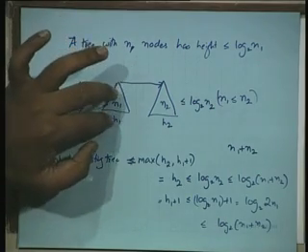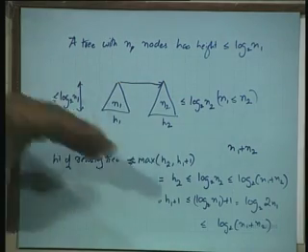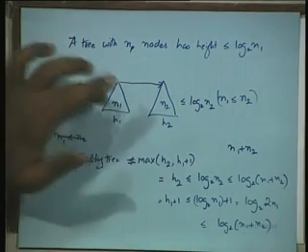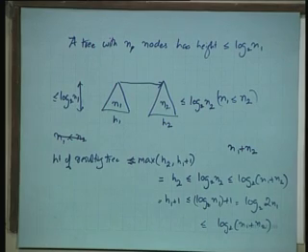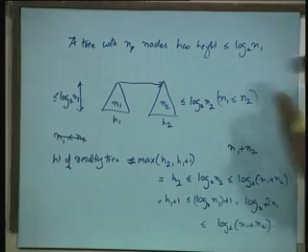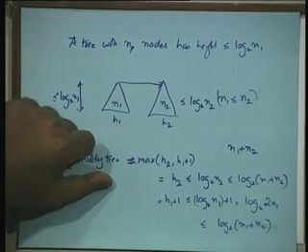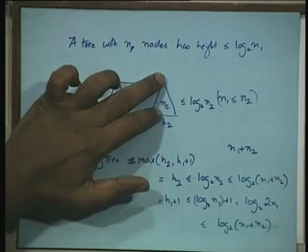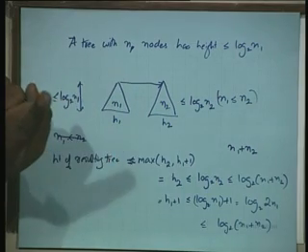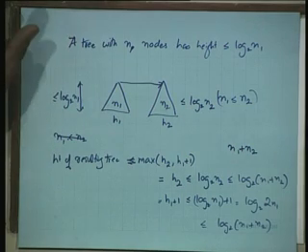So, what have I said? One of the trees has lesser or equal number of nodes than the other. If they are equal, actually you can connect in any way, right. So, I made one point to the other. This by induction hypothesis is height at most log of n1, this is height at most log of n2. Now, what is the height of the resulting tree? It is either the height of this tree or it is the height of this tree plus a 1. If it is the height of this tree, then it is log of n2, which is less than or equal to log of n1 plus n2.